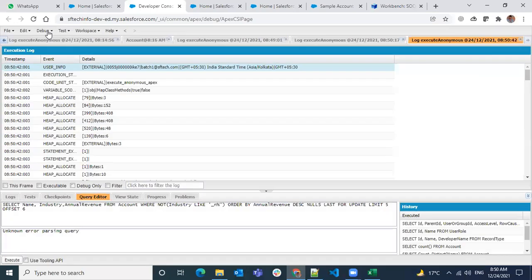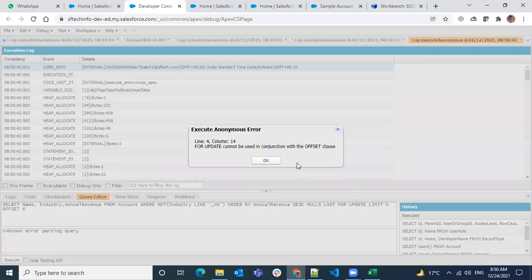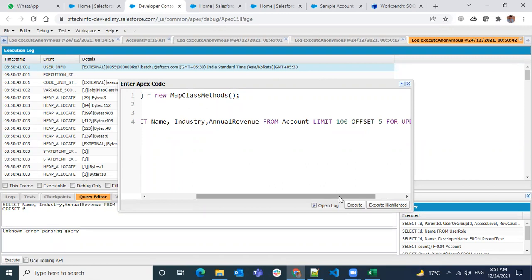That's why it was not allowing. Okay, when we have a for update, we cannot use offset. There will be a restriction. We cannot use it.